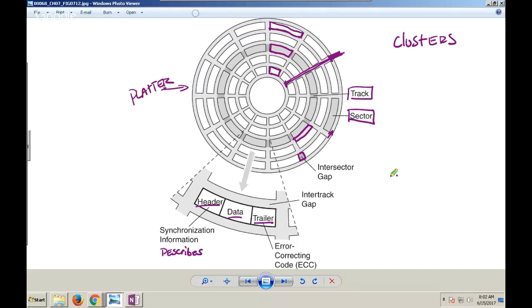Well, let's just think about it logically, okay? If I have this much space, and let's say there are 50 sectors on here. Instead, I decide, you know what? There are now going to be 100 sectors on here. What's happened to those sectors? They've shrunk. They become significantly smaller.